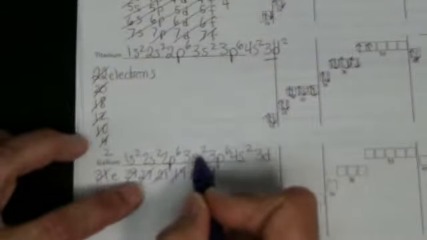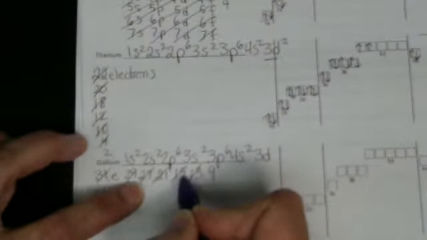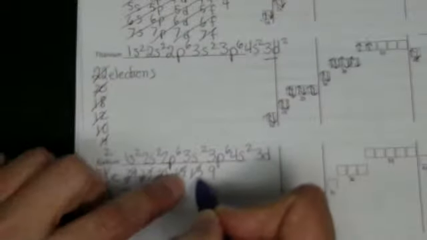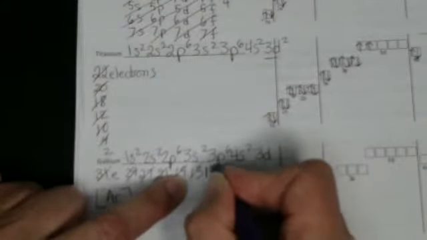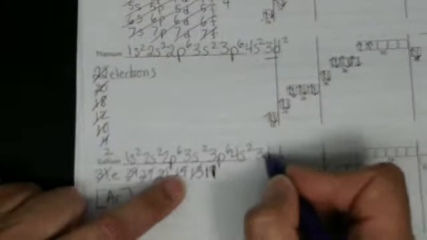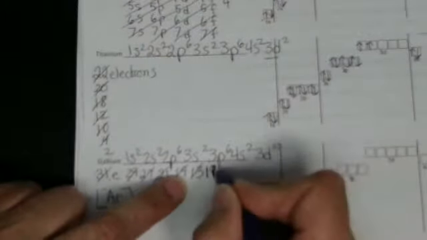Now I have 27. Put 6 in, 21, 19, 13. Oh, well, it's because 13 minus 2 is not 9. 13 minus 2 is 11. There we go. That makes more sense. So 11, now we can put in our 10. And then we have 1 left for going to our